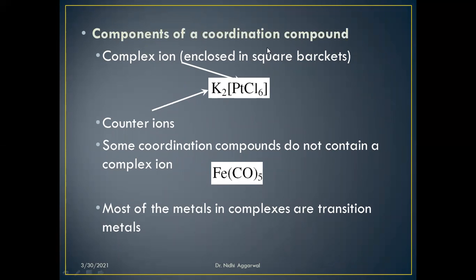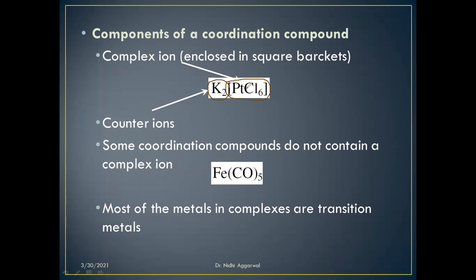In these coordination compounds, there is a complex ion. In this example of K2PtCl6, the part that is PtCl6, enclosed in square brackets, is considered the complex ion, and the K2 part is considered the counter ion. Here it is a positive counter ion, and the complex ion is acting as the negative part. These two entities, the K2 counter ion and the complex ion, combine to form a